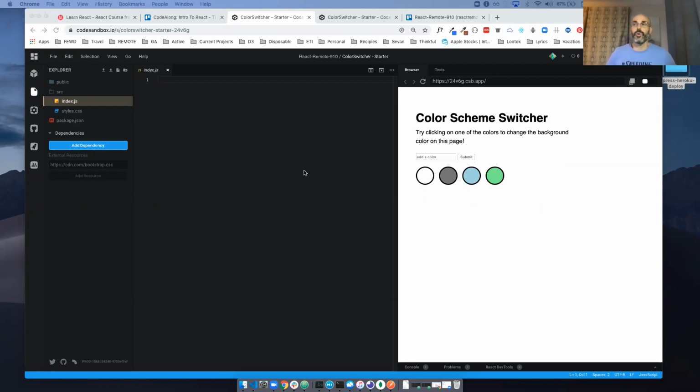But I just started working with Code Sandbox because they allow you to spin up a React application. CodePen does as well, but Code Sandbox does it more in the Create React App way of doing things. And Create React App is a tool that, if we installed it, we could spin up React apps locally. I don't want to do anything local as of yet, because if you have an issue with code, I don't know, how are you going to show it to me? I have to test it out, right?